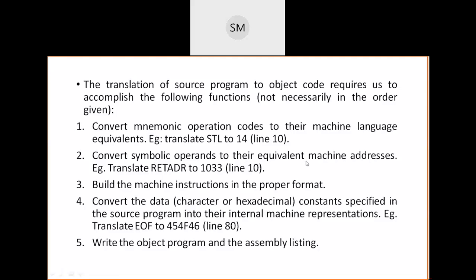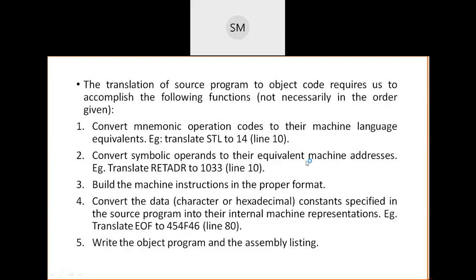I already told you about the first and third columns in your program. The first column is called the label. The second column is called the opcode, that is the operation code, a list of instructions. The third column is the operands. The first column and third column are called symbols. For all the operands or variables in the third column, we are going to reserve some memory in our machine.